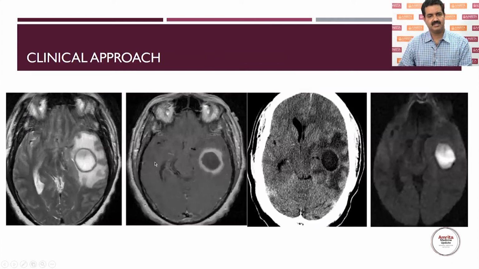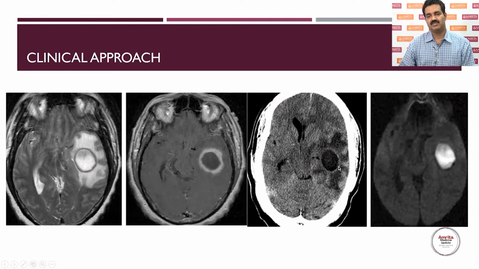See, this is a patient, an immunocompetent patient with some history of heart disease, presenting with headache, right-sided hemiparesis, and aphasia. So this is a case. You can see there is a thin rim of T2 hypointensity with hyperintensity inside. This is T2 MRI. You can see the edema around the lesion, and also there is T2 hyperintensity inside. On contrast, there is a ring enhancement, and also the CT. You can see this actually forms an abscess.